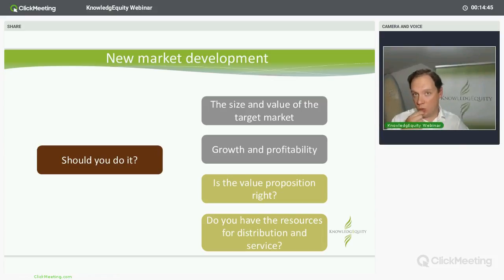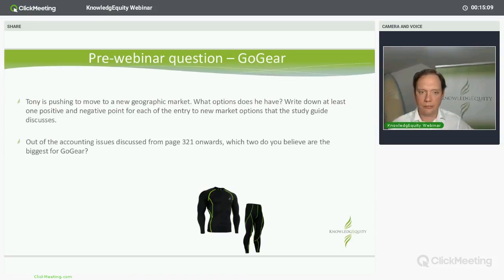You've got to think about the growth that's there, the PESTLE, the 5 forces in that market. Is the value proposition right? It might be right with your product in your current market. Doesn't mean it's right with a new customer segment. In fact, it probably isn't in terms of a value proposition, or a new geographic market, new cultures, right? Do you have the ability to get your product into the customer's hands? Distribution, as you know, I always bang on about, is absolutely key.